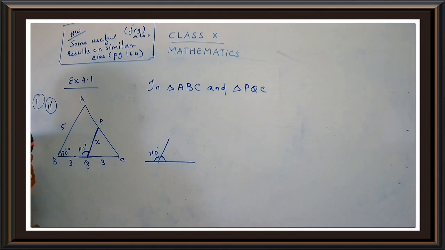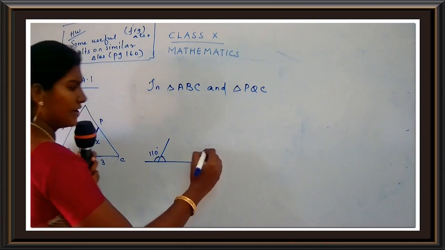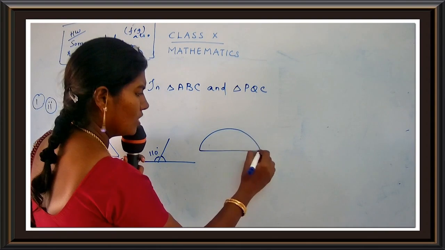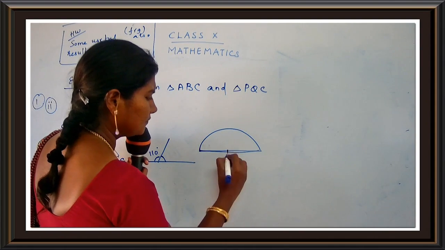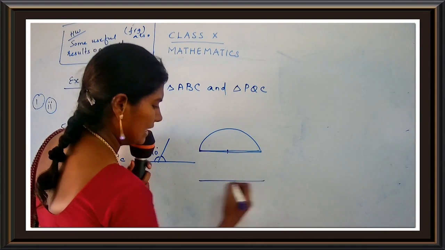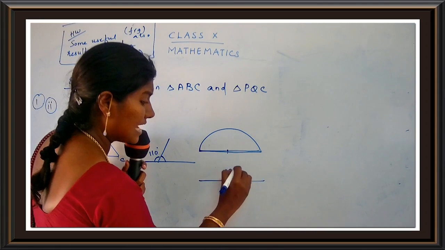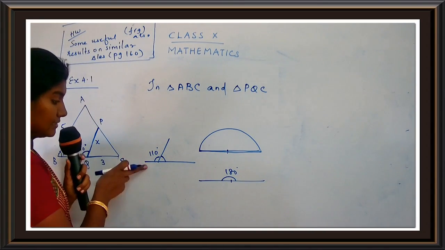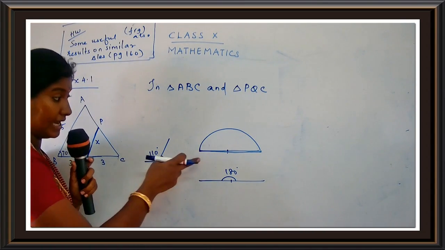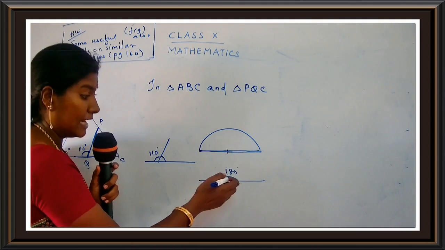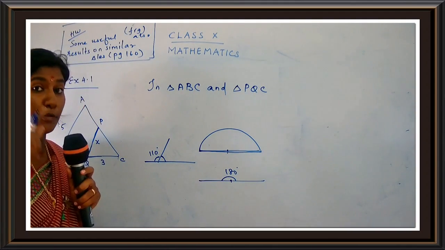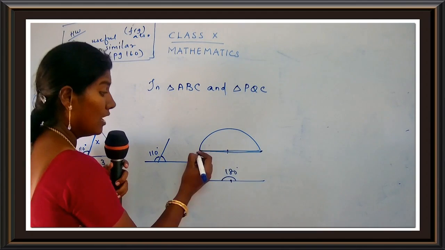We have seen that, just think of your protractor. What is the angle of a protractor? What is the angle of a linear pair? The angle of a linear pair is 180 degree. That is, the angle is 180, straight line. If you get a straight line, that means the angle is 180 degree. You can just think of your protractor. You have from 0 to 180 degree.